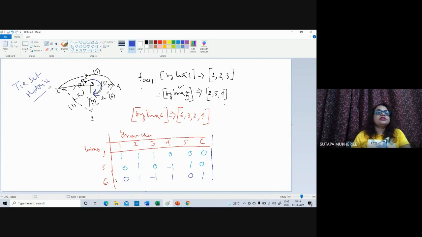So in the tie-set matrix, what is happening? We have created the matrix using the links as the rows and the branches as the columns. On the basis of the direction of the conventional current loop and the orientation already given, you have to put +1 or -1. Link 1, link 5, link 6 are the fundamental circuits. If a branch is associated with it, you put 1 in that position and the other positions will be 0. Now it is clear to all of you how to create the tie-set matrix? Anybody has any question?